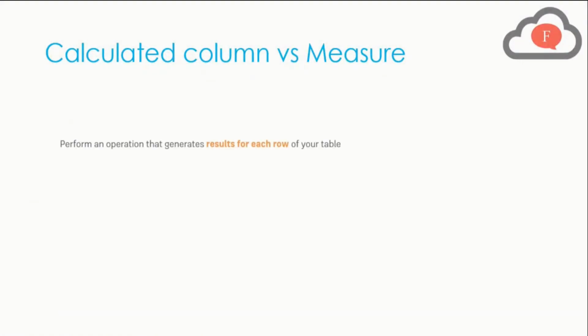If you have seen my previous videos, you have encountered the thing I have talked about most in my videos, that is calculated columns. Calculated columns are basically when we perform an operation that generates a result for each row of your table. That is called a calculated column. For example, if I want to generate a total revenue, in my previous videos I have done this, and if you want to see that, you can go to my previous videos. In that I have generated a total revenue by combining revenue A and revenue B through the DAX language.